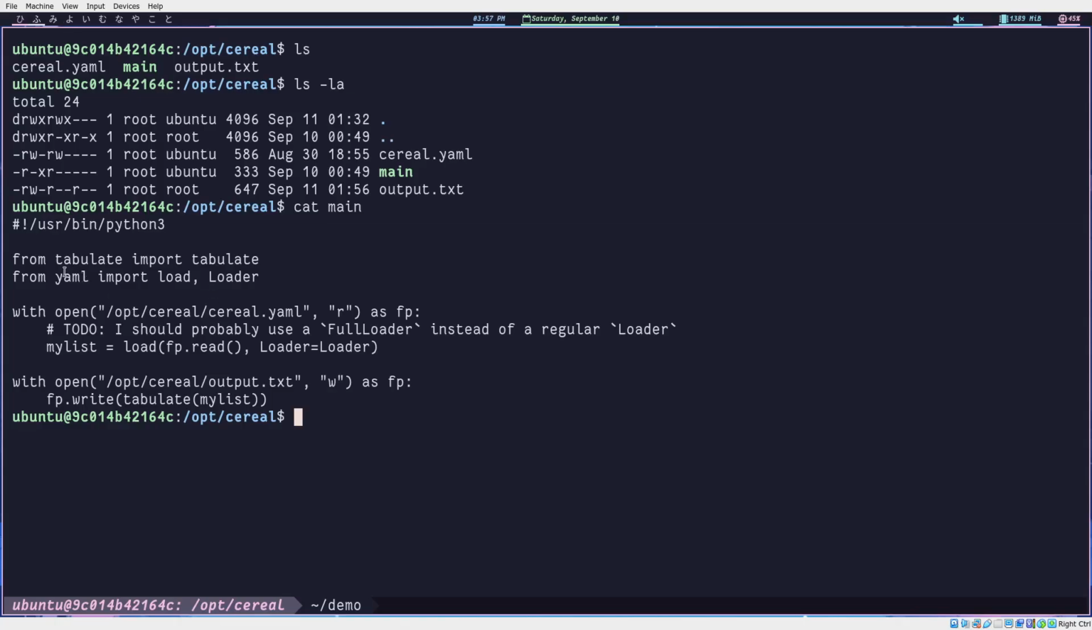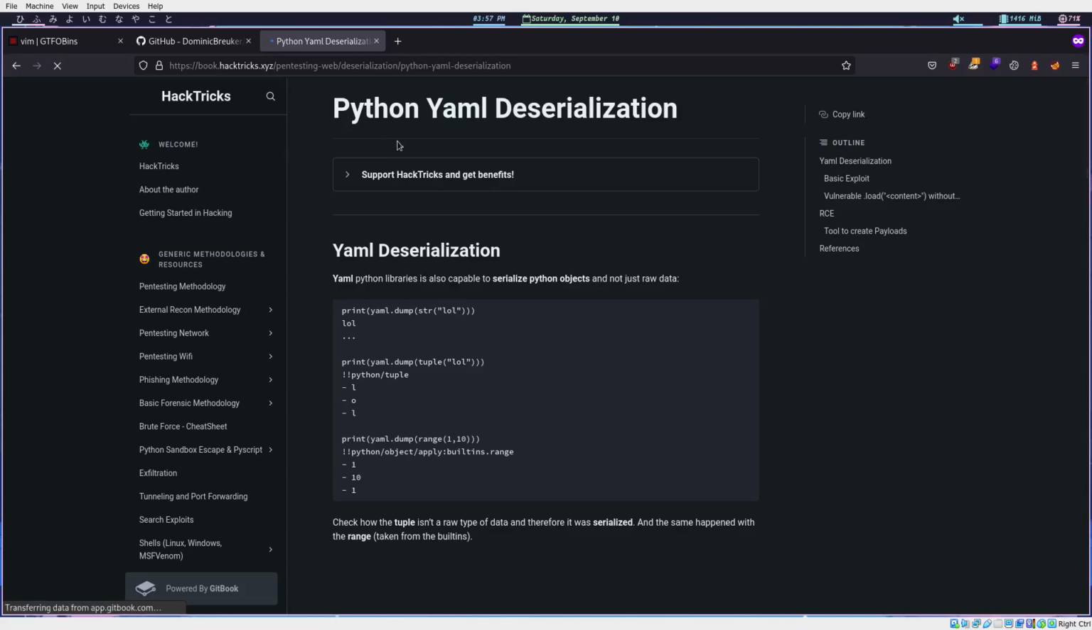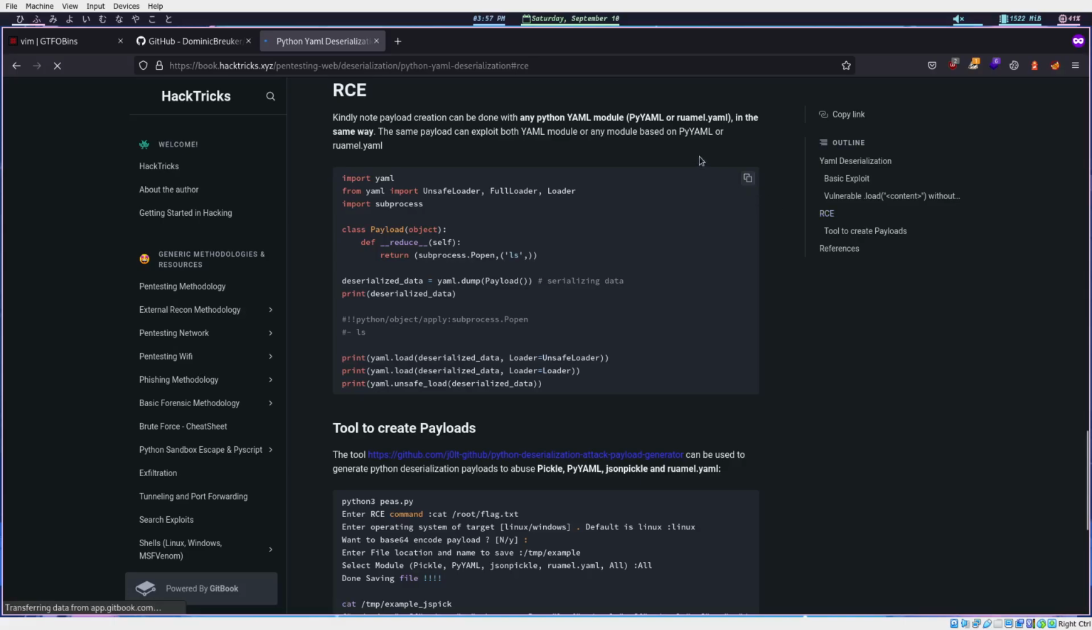I just wanted to see if I can mess with this YAML stuff. YAML Python libraries are capable of serializing Python objects and not just data. So if you can serialize Python objects, that could possibly mean that you could execute code when you load a Python object. As we can see here, if we just click RCE,